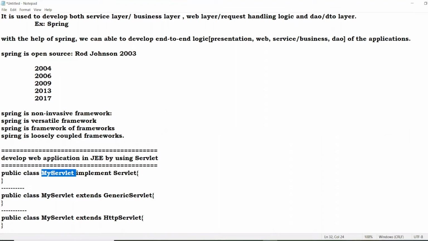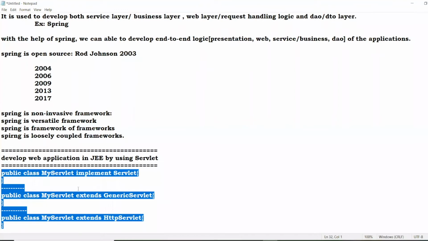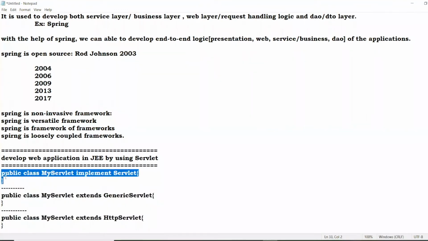See, controller means, we have front controllers and controllers. Front controller means taking the request and giving the response. If we are not writing implements of servlet, what happens? This class is unable to take the request and give the response. So in JEE, in advanced Java, we have to write like this. Without writing like this, we can't develop any application.